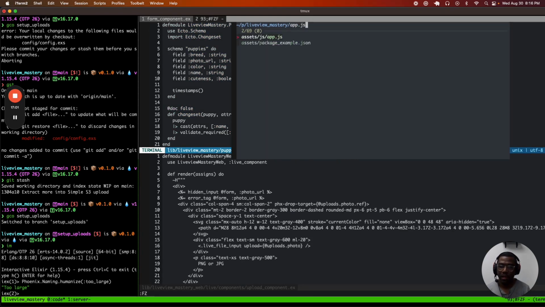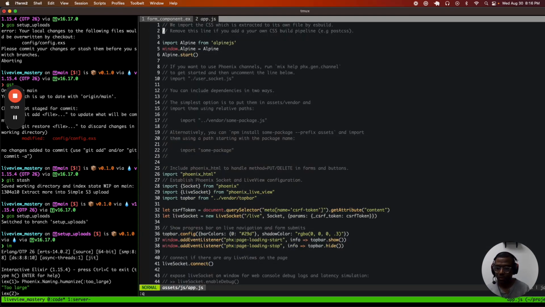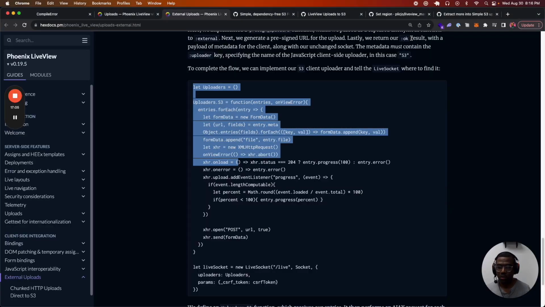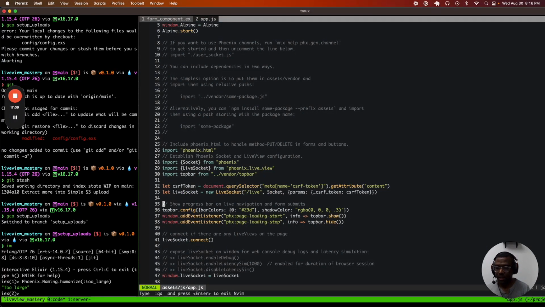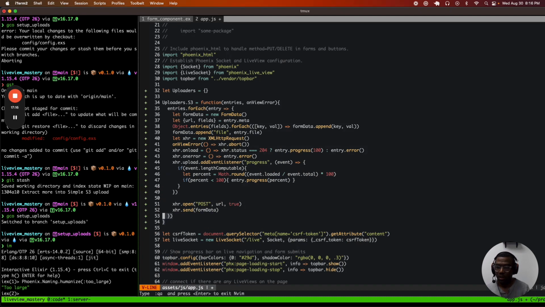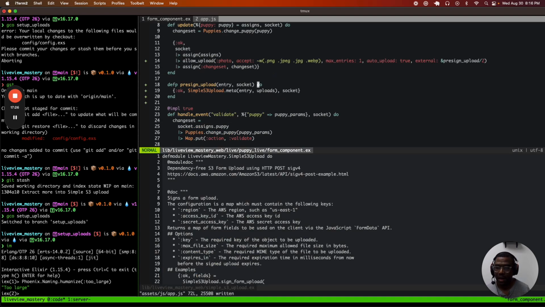So let's open the app.js file, and let's grab our code, which is we're going to add let uploaders, uploaders.s3, and I think we're going to paste this right here for now. And the way this works effectively is it's grabbing the backend meta information. See this entry.meta right here? That was the meta, this pre-signed upload. That's right here. That's being supplied over the